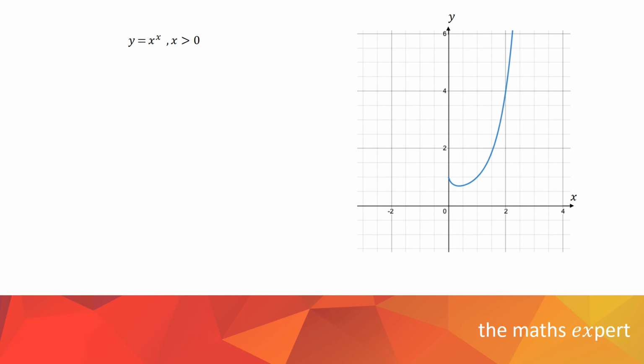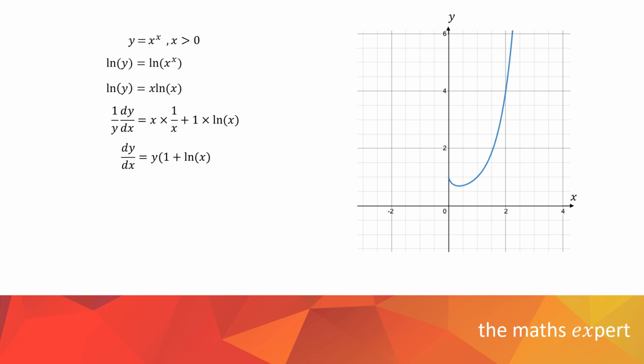I can follow a similar process as before. First, manipulation, but this time taking the ln of both sides, and then using the law of logarithms that allows me to take a power out to become a coefficient of the logarithm. I can now differentiate the left-hand side implicitly to give 1 over y dy by dx. I can use the product rule on the right-hand side and then multiply by y. From the original function, y is equal to x to the power of x,